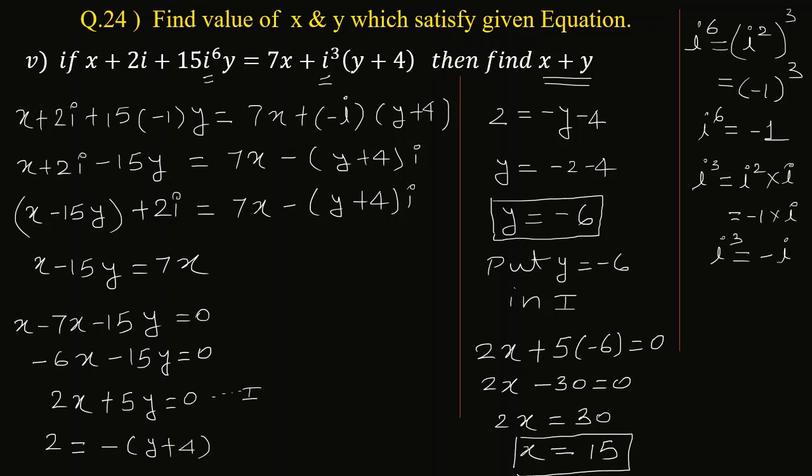So in the next step we have to find x plus y. Therefore we are writing here x plus y is equal to, x का वैल्यू 15, y का वैल्यू minus 6. 15 में से minus 6 गया, we are getting x plus y is equal to 9. So this is the final answer we require, but before that you have to find the value of x as well as y. तो वो फाइंड करने के बाद हमने x plus y फाइंड किया. I hope you all understood this concept.